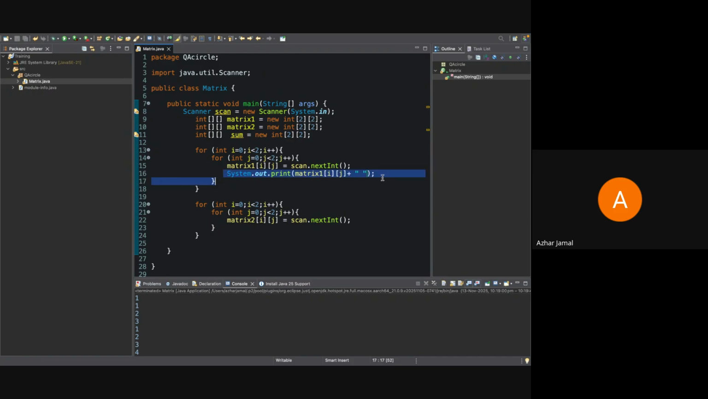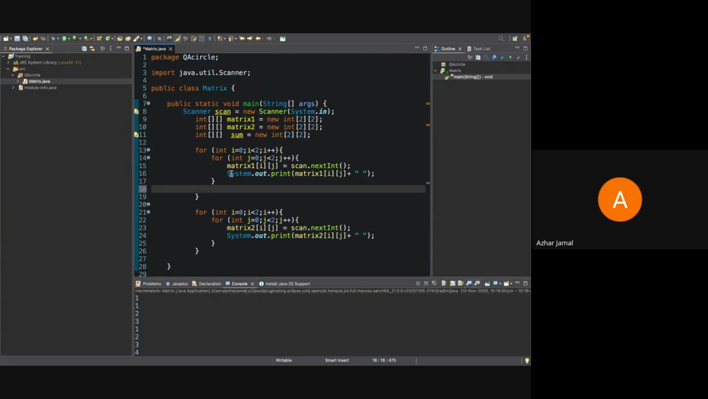For example, let me copy this here. Let me add this here also. Matrix 2 of i and j. And if I just add System.out.print here, and if I just put System.out.println after the small one. So if I just execute this,